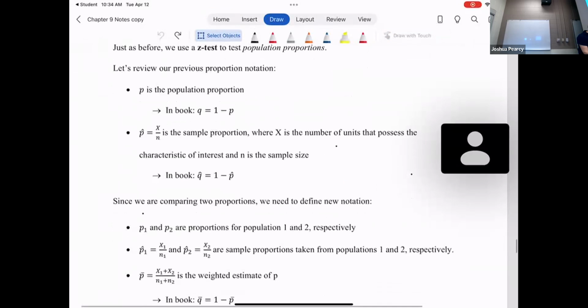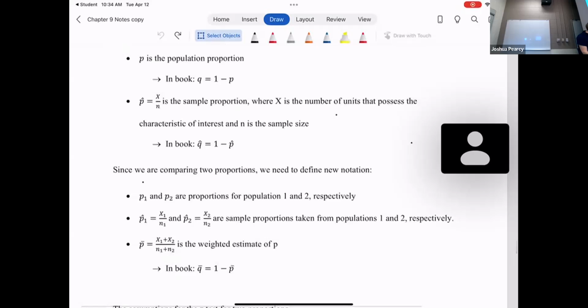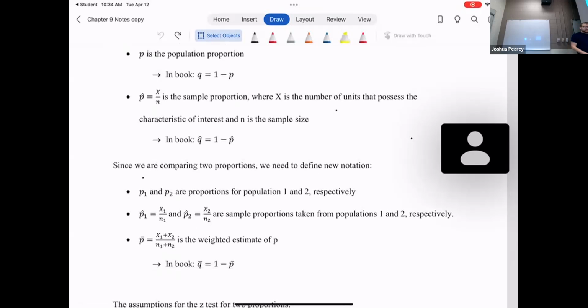Then it says, let's review our previous proportion notation. P is the population proportion, just like we said before. And 1 minus P is